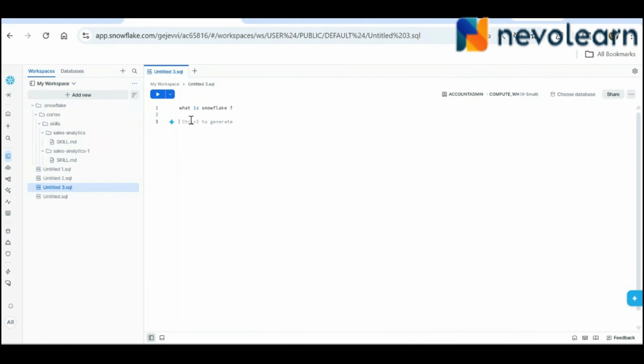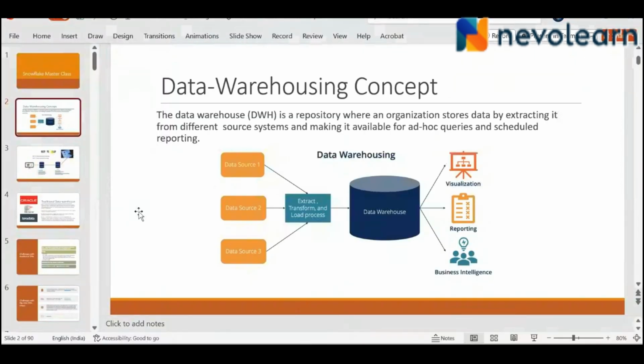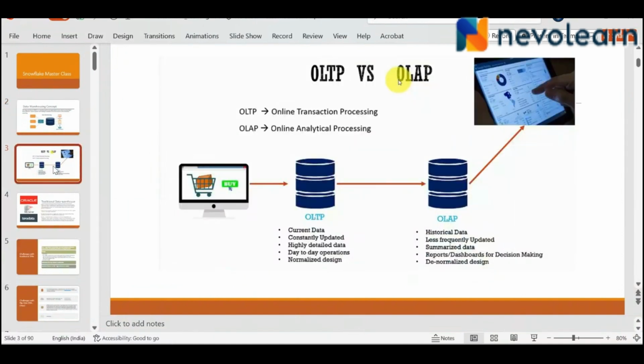Now, Snowflake is also a data warehouse. It is a cloud data warehouse. Before going into Snowflake, I will tell you one more concept, called the OLTP and OLAP concept. What is OLTP? For example, you purchase a flight ticket from a website. Whenever you purchase a flight ticket, or do any shopping from an online portal, the data we provide, such as customer details, when we book the ticket, my journey date, my seat number, PNR details,